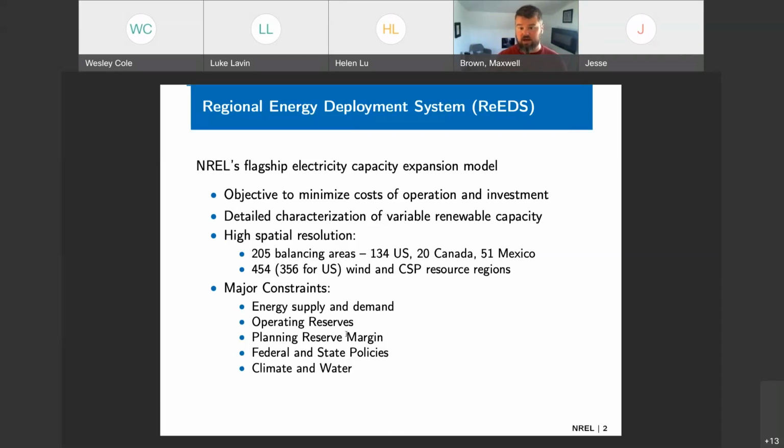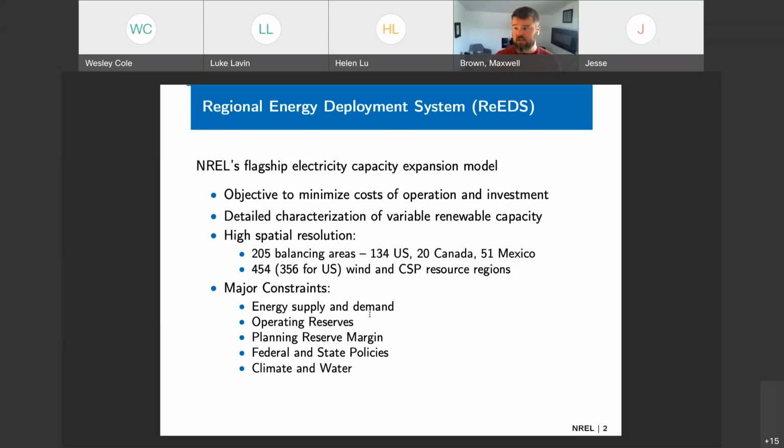which I've listed here. One of the key characteristics of ReEDS, it is the Regional Energy Deployment System. And something to think about here is that it has this relatively high spatial resolution relative to other models. So we have 205 balancing areas. In this case, in the public version, we have 134 US balancing areas. And this is really where supply must equal demand. So electricity generation plus net trade must equal load. And then we also have these subregions, and I'll show you a map on the next slide. But really, we have the balancing areas, which is where supply must equal demand, and then you have the